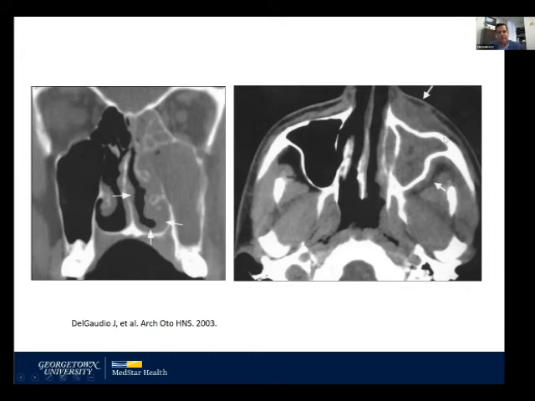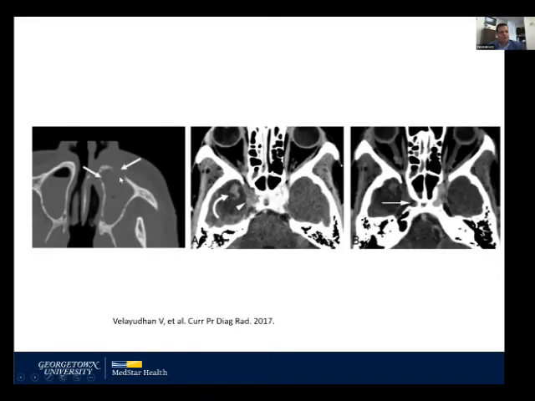When you start seeing extension anterior to the sinus or behind it in the infratemporal fossa, that really starts raising concern that something else is going on. Bony erosion is, obviously, very concerning, whether it's for fungus or tumor. You can't really tell which based on the CT alone. Secondary infarcts can occur due to the ischemic component. And again, like I said, these are angioinvasive, so they will invade arteries, and in this contrast enhanced CT, the right ICA has been clotted off and is without any blood flow to it.